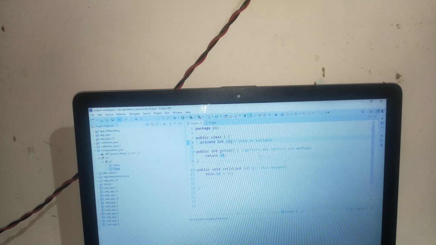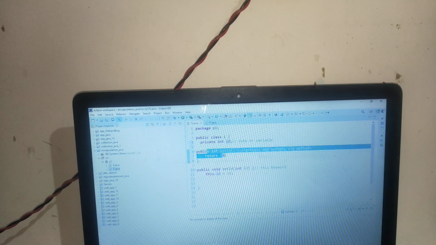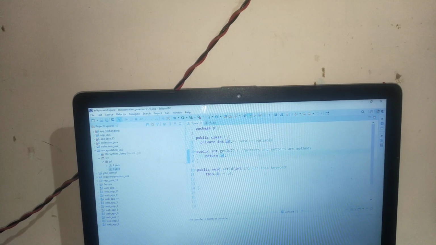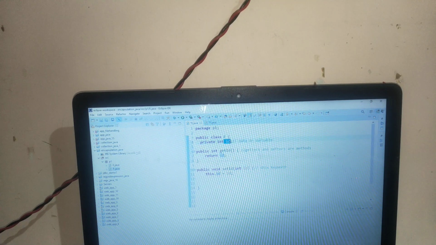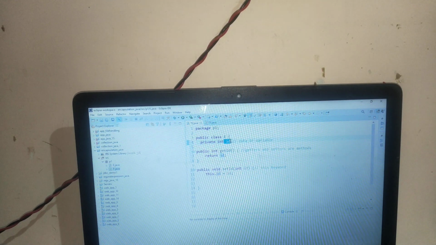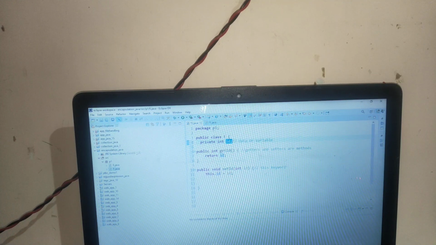If I want to read this value, I have to return this value. So how in Java can I return this value? How can I return, meaning how can I take this value? How can an object take this value from id? So if an object wants to take this value from id, which is already initialized with 100,